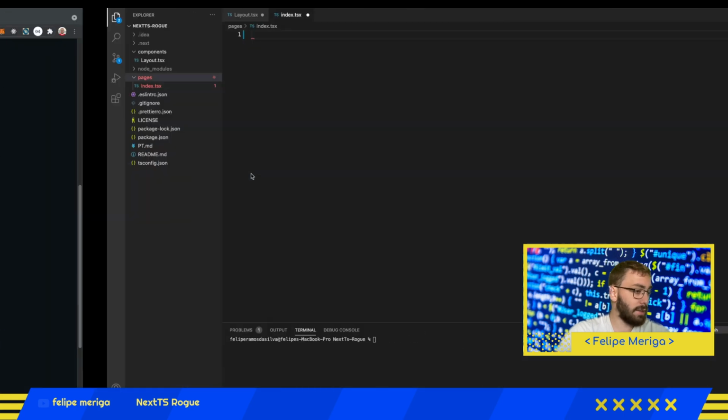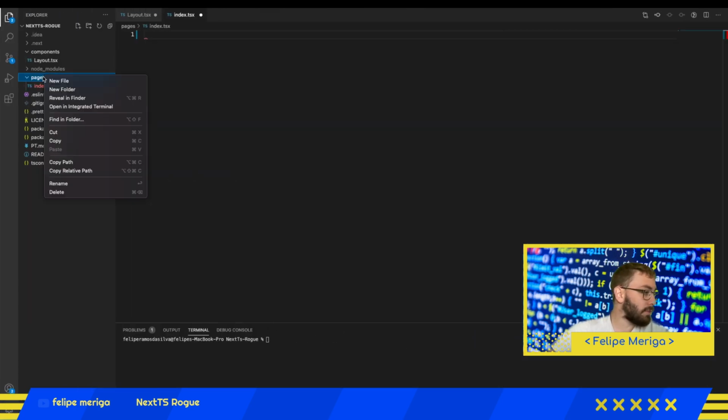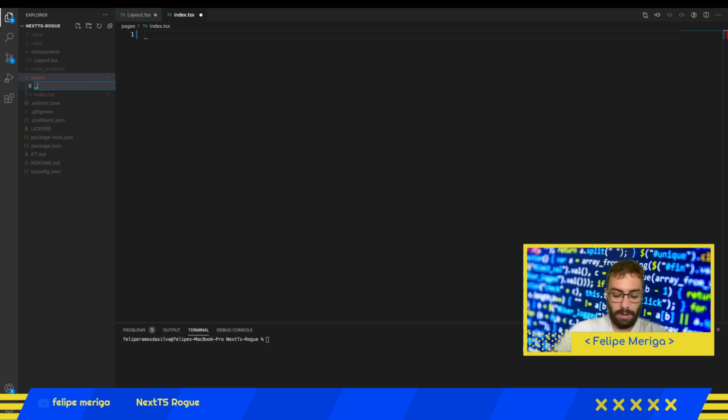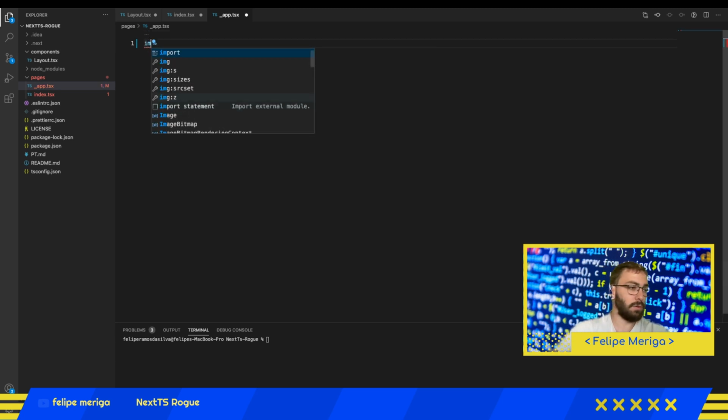So for overriding this, we just need to go here to pages and create a new file, and this file needs to be named underscore app.tsx. And here it is, a simple component, but we basically just need to override the configurations. If we want to inject something, we are going to inject it in this component, so it will be reflected in all other components. So the first thing, let's comment here pages underscore app.tsx,